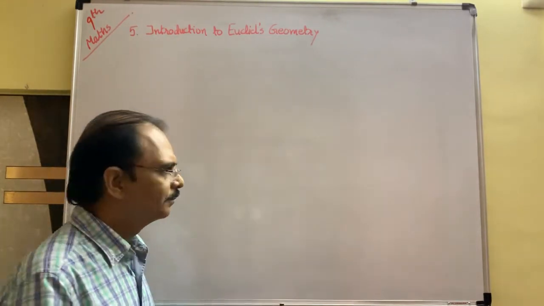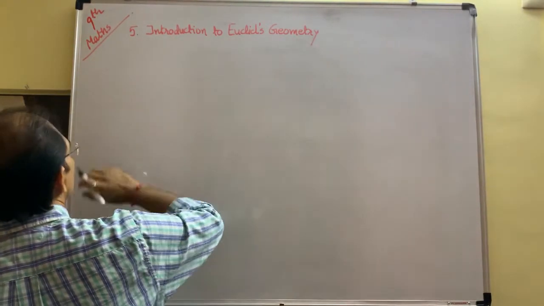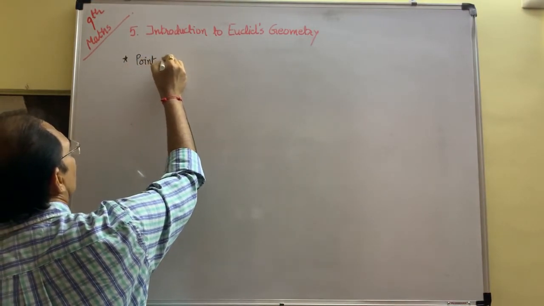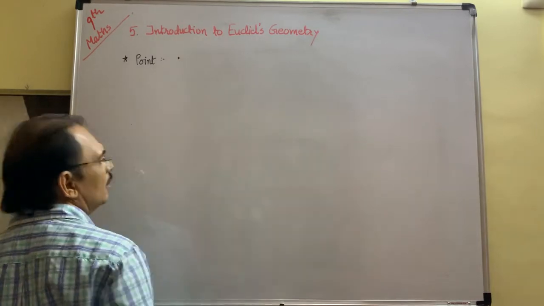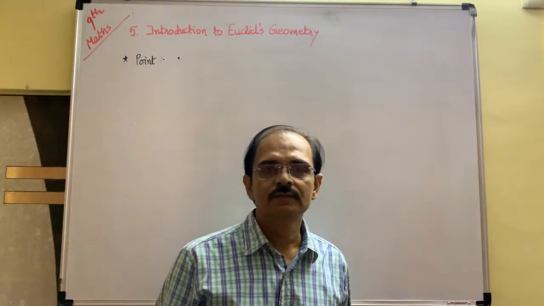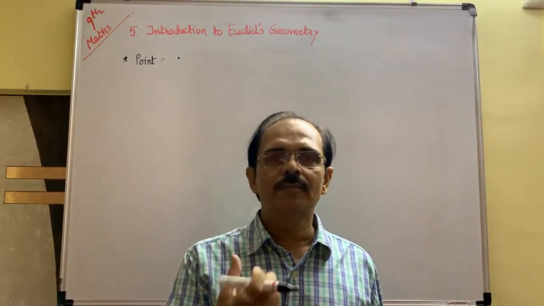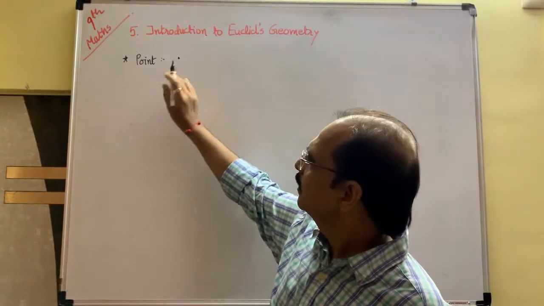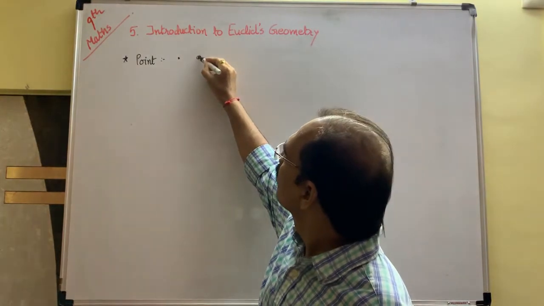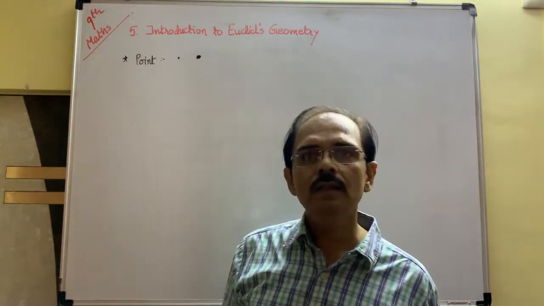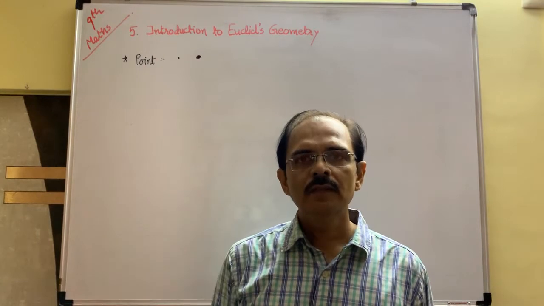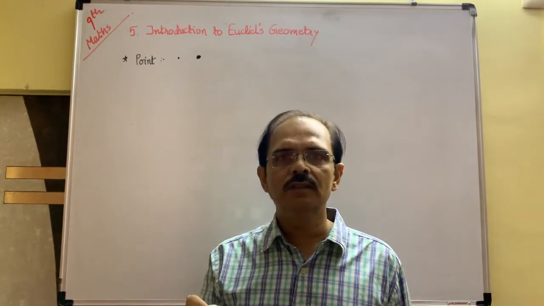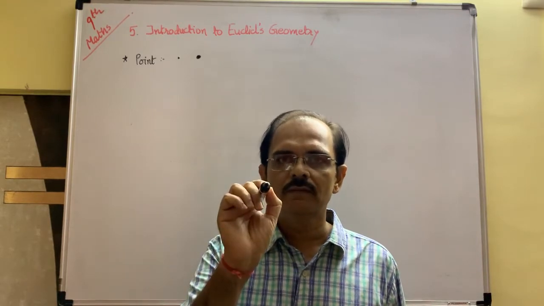In geometry, some words are there. As for example, point. You cannot define it. Point is only the concept. Is it okay? If you say this is the point, yes. Someone says this is the point, then he is also right. Means there is no definition of point. If you want to clear the concept of point, you have to show what is point.